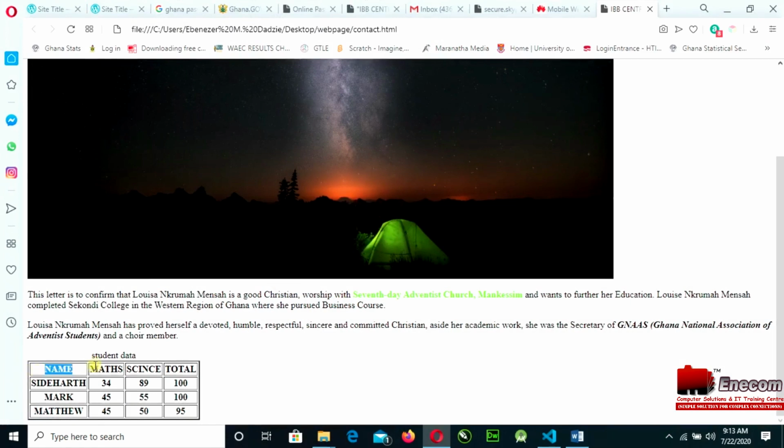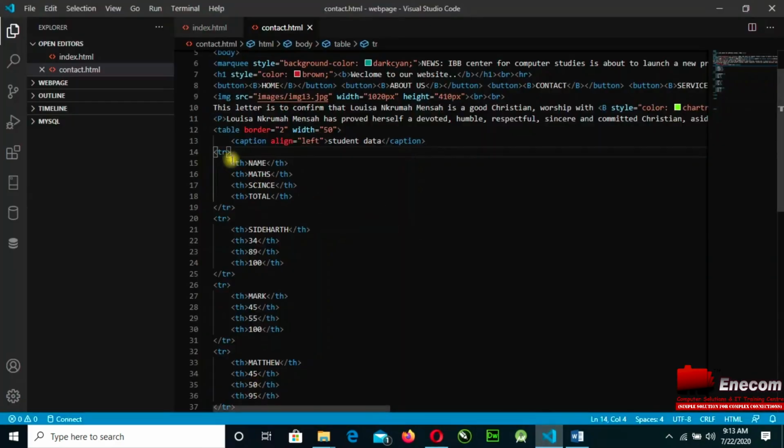Let's assume we want to insert a color into this heading. How are you going to do that? You just have to go back to the coding software and go to the table row. When you are inside, just create a BG color, which means background color.